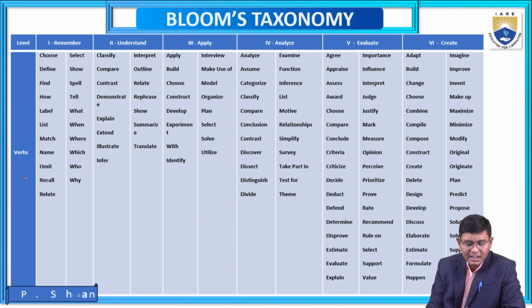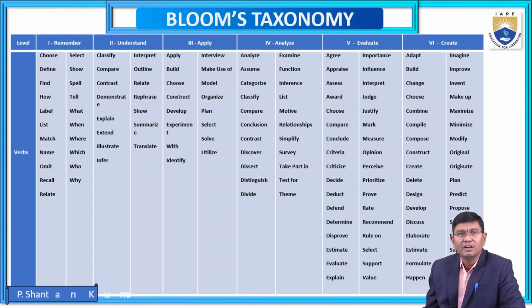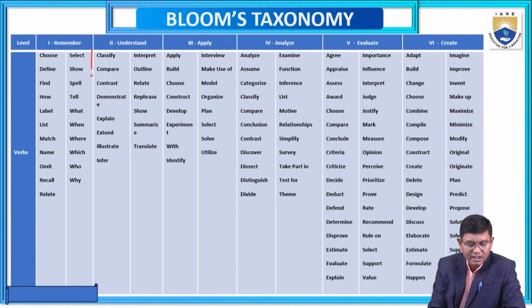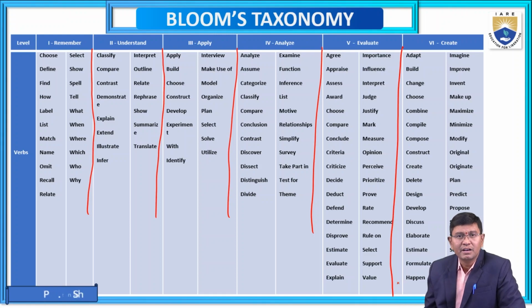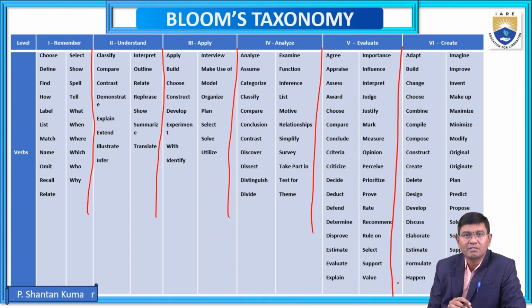And some of the action verbs under the 6 levels, one is remembering. Under remembering, these verbs are mentioned: choose, define, find, show, and so on. These are the 6 levels' conventions. And based upon the year, some verbs are interchanged from one level to another, and depending upon the situation, the action verbs are changed according to their frameworks.